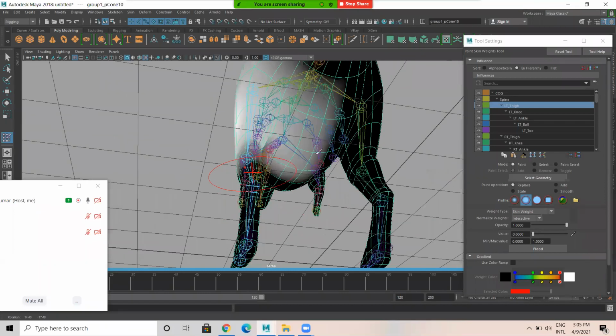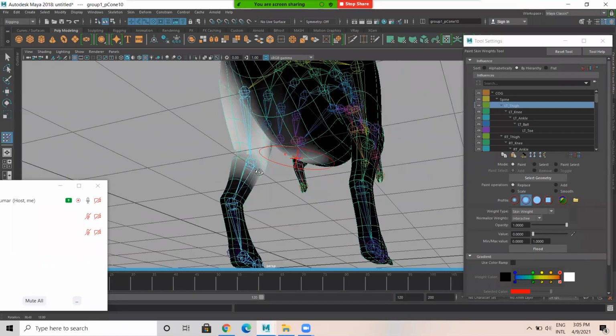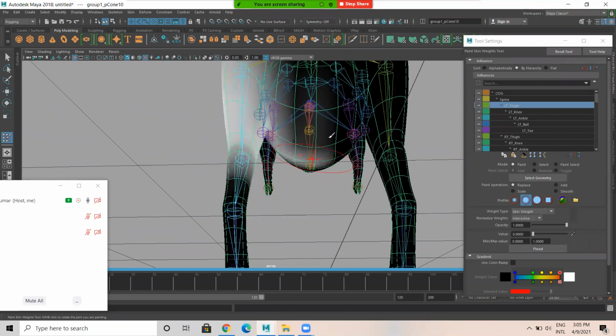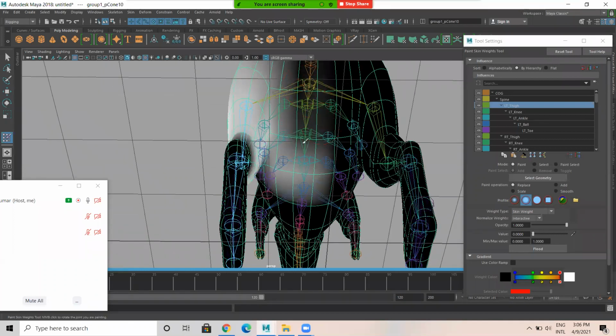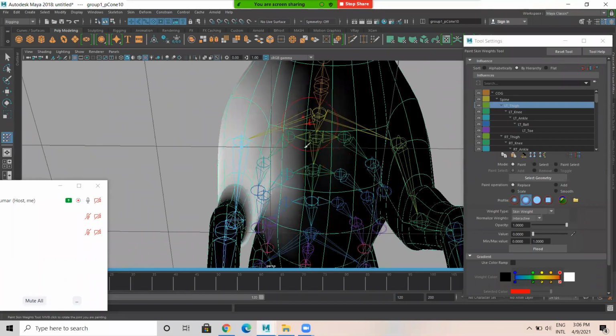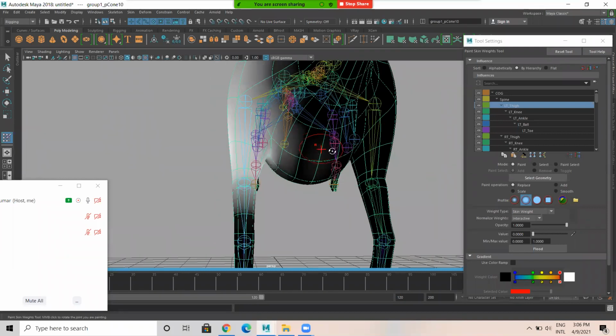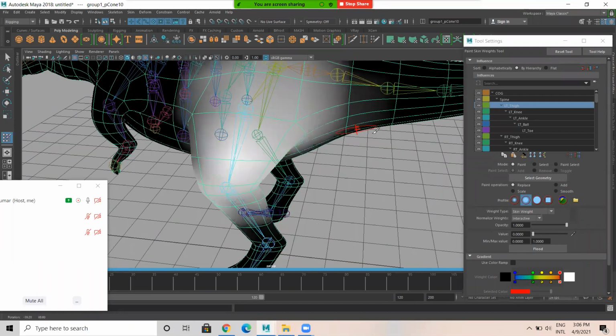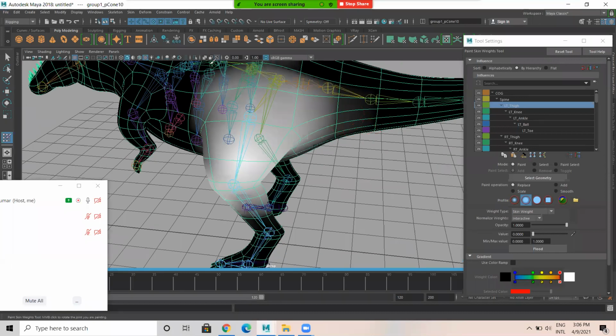So I'm painting 0 here. Holding B, you can reduce the brush size. Left thigh, I'm removing the weight here.